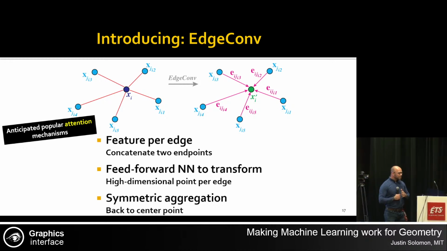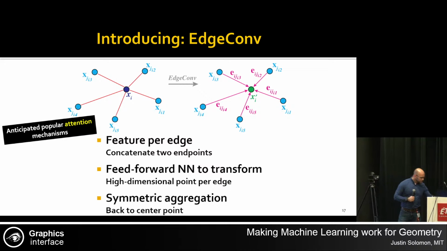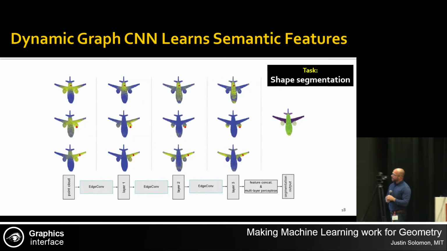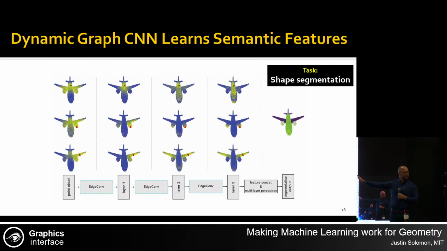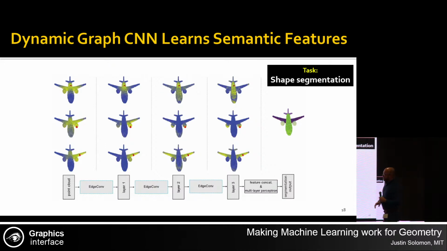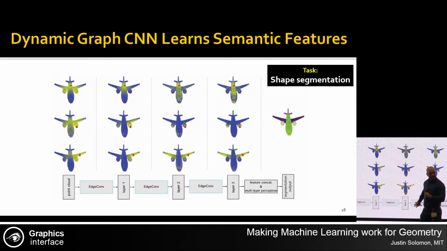But one of the really interesting things that we did, and really came as a surprise, is basically just stack these layers on top of each other the same way that you have many layers of convolution in a convolutional neural network. And the really kind of tricky idea here is that a point's local neighborhood changes in every single layer of this network. So we said that a stack of these edge convolution operations, we're going to call the dynamic graph neural network. We squeezed every buzzword into this architecture possible. But the basic point here is that we have many layers of edge conv stacked on top of one another.